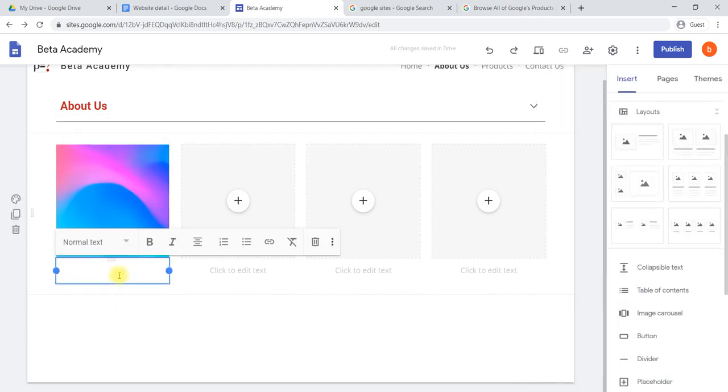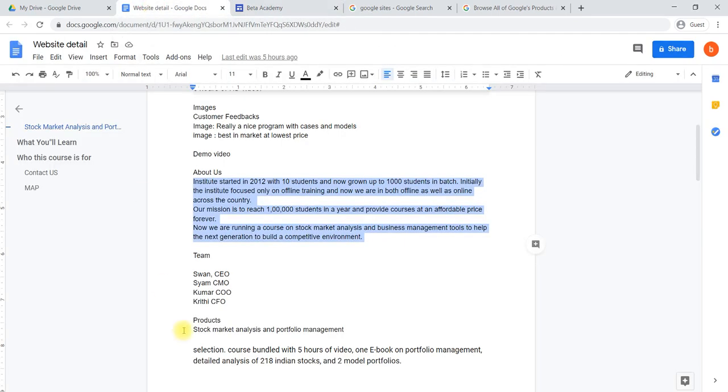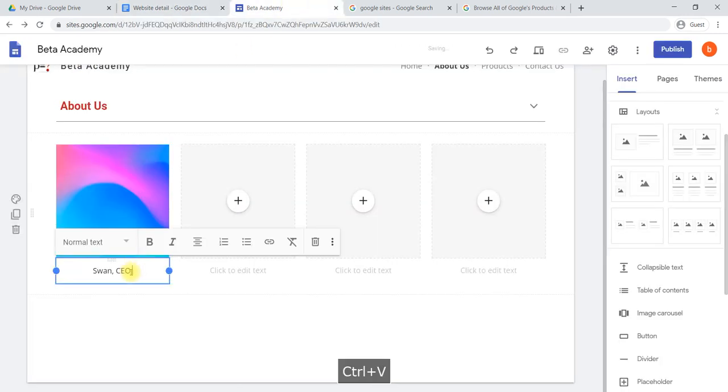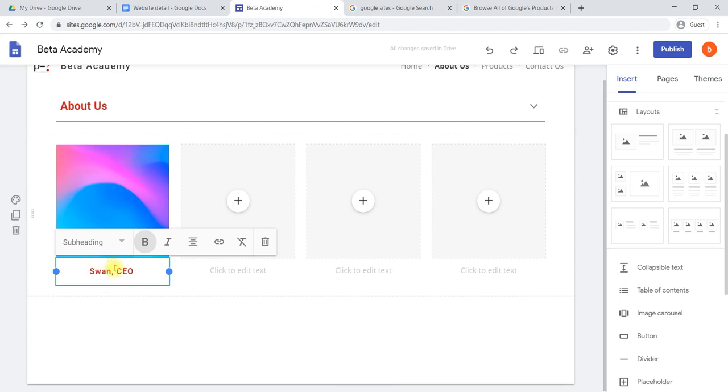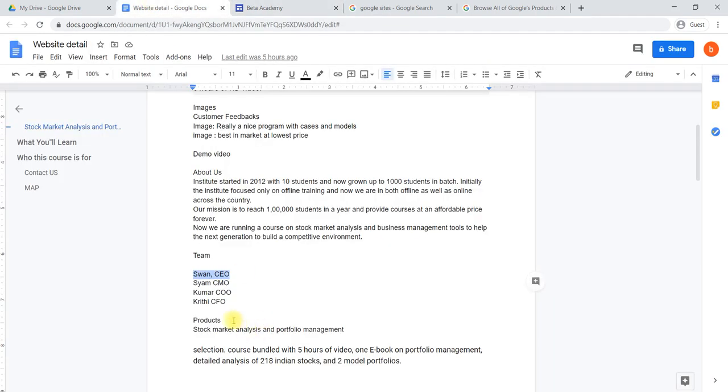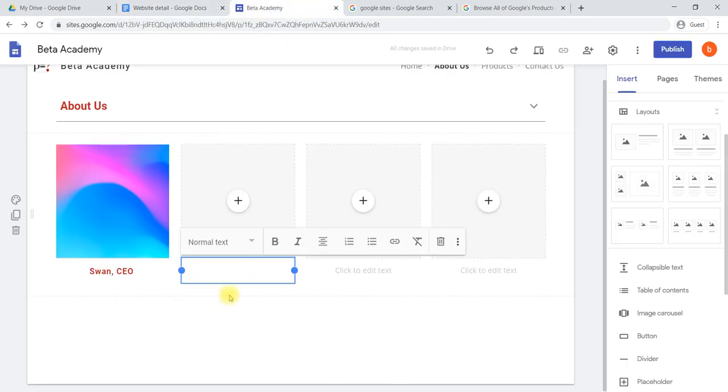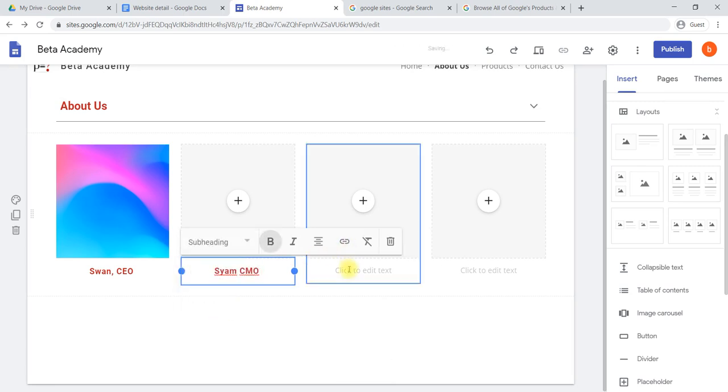Then here in the text, his name you can write. For example, here we have taken a name. Control C, Control V. Then you can change this to a subheading, so that it will look a little bit better. Again, similarly, like this, subheading.